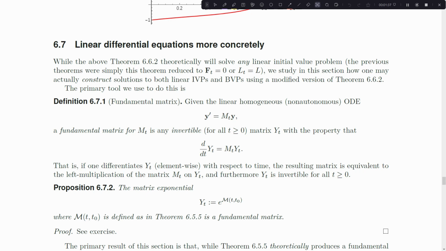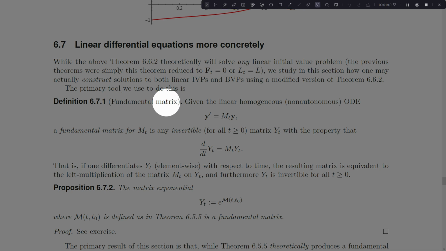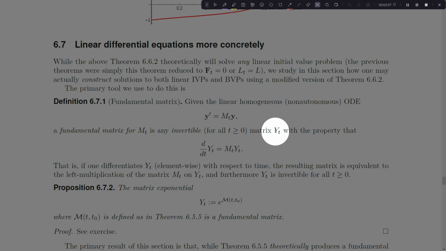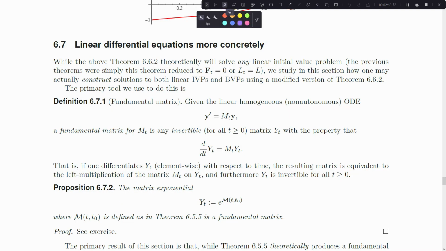So the first thing that I want to introduce is this thing called a fundamental matrix. If we have our lovely non-autonomous ODE, this Cauchy problem that was really hard for us to solve because we had that weird Magnus expansion with the calligraphic M that was just impossible to truly compute, there's a thing called a fundamental matrix, which is a capital Y. So this thing is capital Y, and it's a matrix. I should make this clear: capital Y, and I put little serifs on my capital Ys, is a matrix with the property,